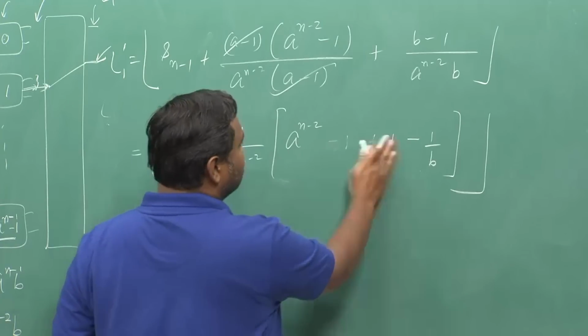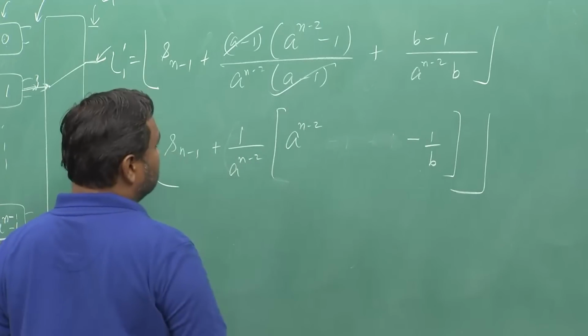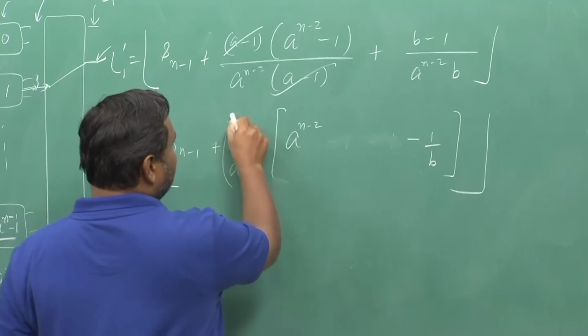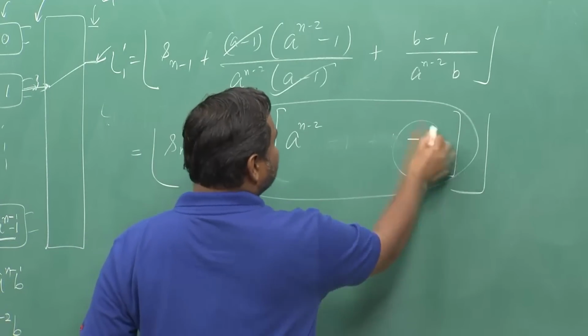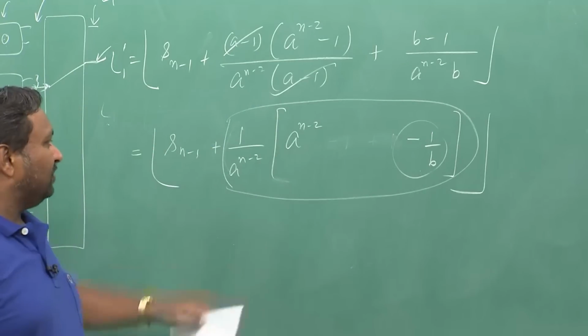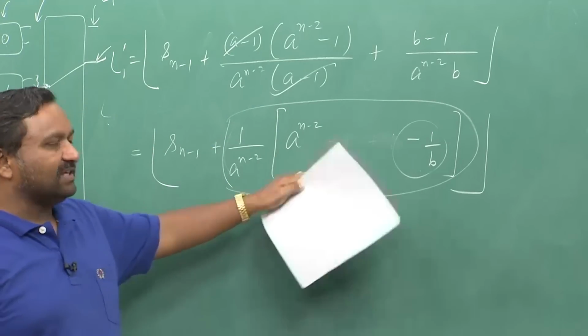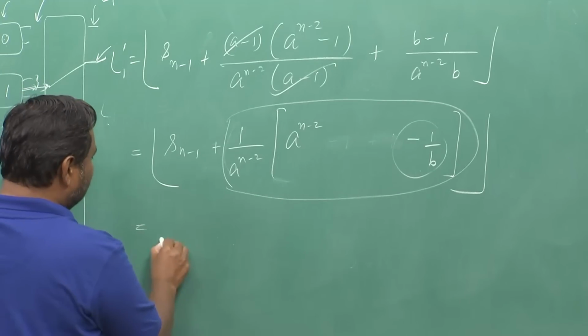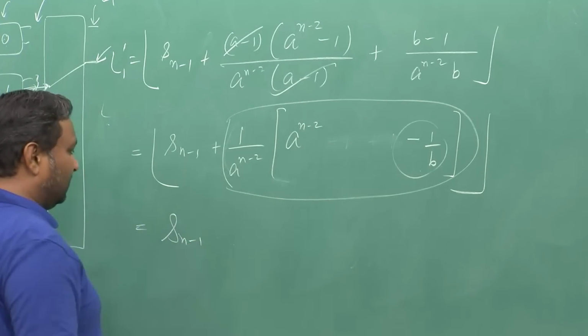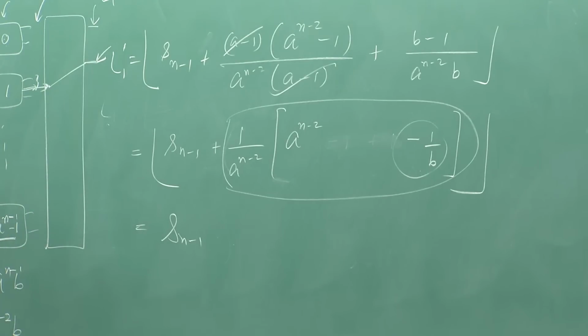So, this one actually cancels out, you will have this, and this certainly if you look into this aspect, the numerator is smaller by this much amount and denominator is a raised power n minus 2. So, this has to be a fraction. So, when I am going to take a floor function I should get nothing but Sn minus 1, okay. So, that is what will be the L1 prime,